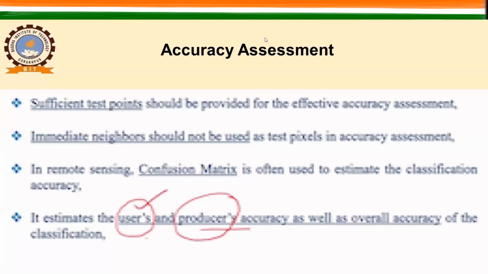So in a classified image, if I am the analyst and if I am reporting accuracy, that will be the accuracy of the producer, right? But if you are the user, then you will evaluate that accuracy in different terms. So then your accuracy will be something different from the producer's accuracy. So the user's and producer's accuracies are different from each other, and depending upon which side you are, you will follow the accuracy based on the different types of error. Okay, so here let us see the accuracy assessment.